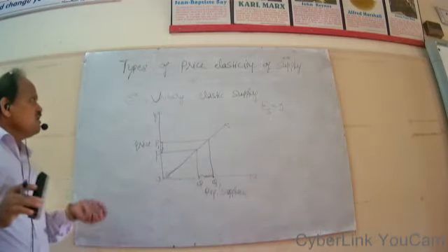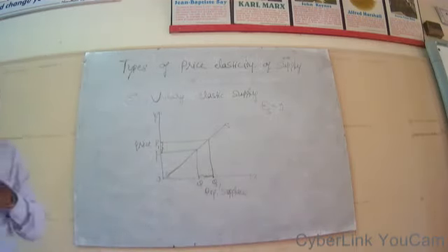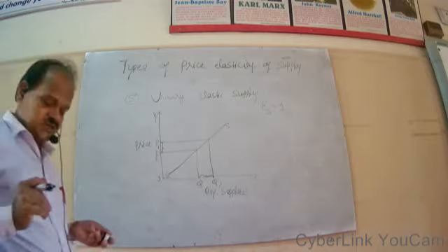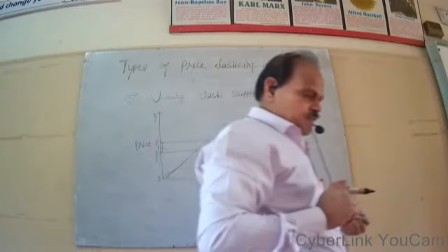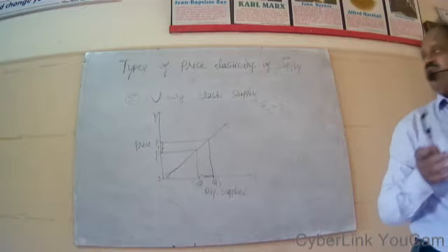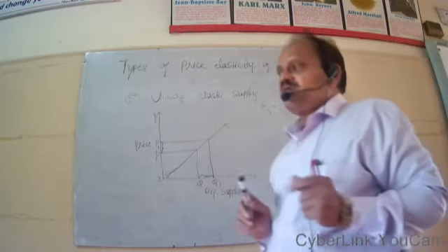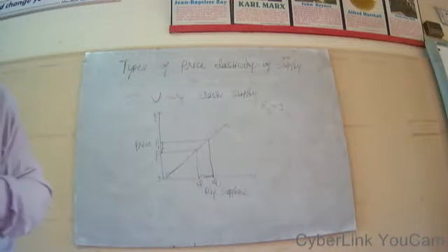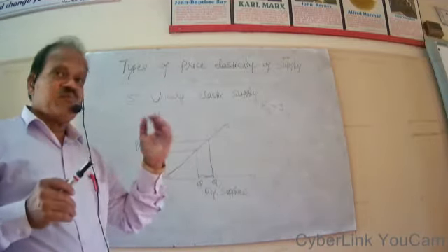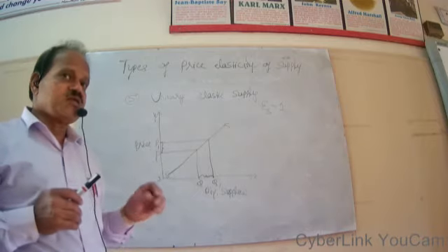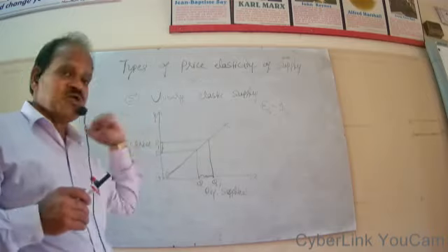So based on the degree of responsiveness of supply to the changes in the level of price, we can classify these 5 different types of price elasticity of supply. In our next period, let us try to analyze the equilibrium between demand and supply. Now we have studied both the demand and supply side, and how the equilibrium market price will be determined based on total demand for and total supply of that particular commodity.